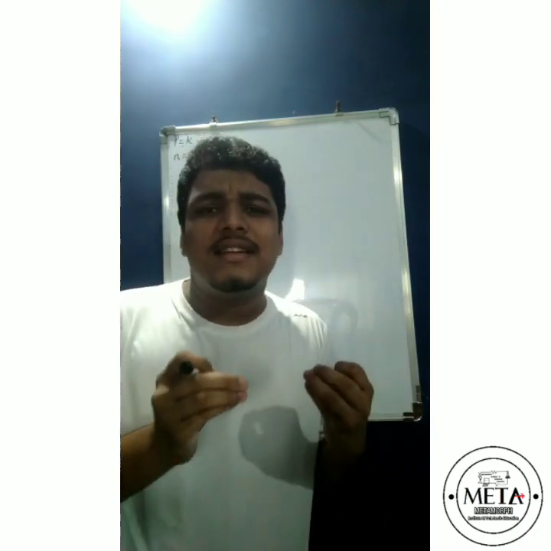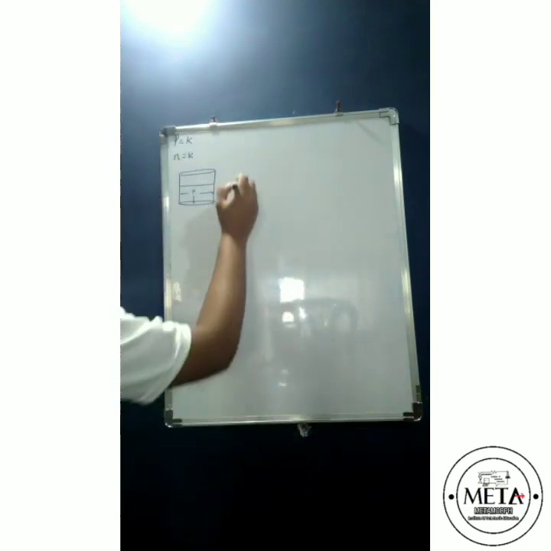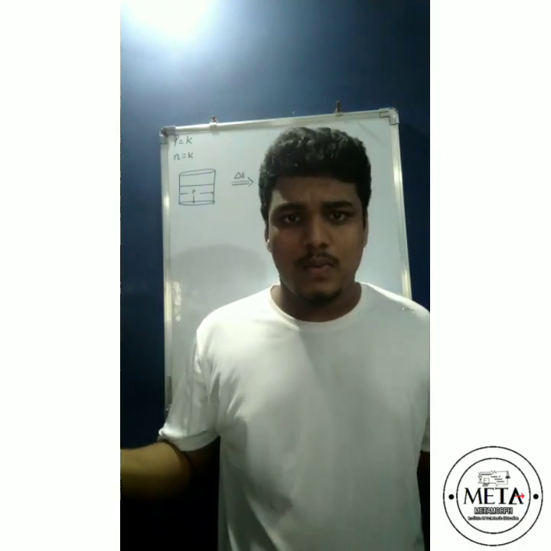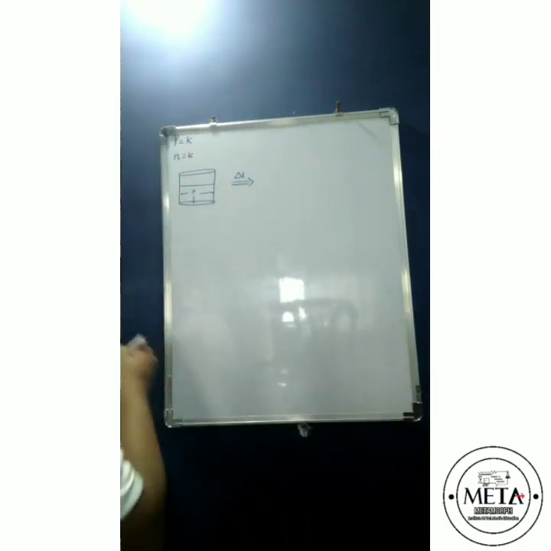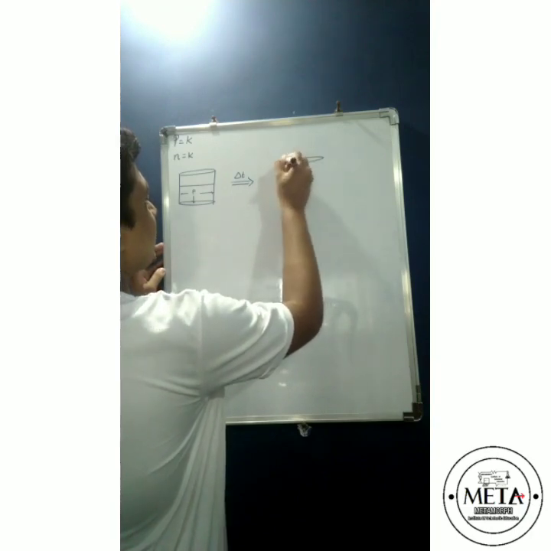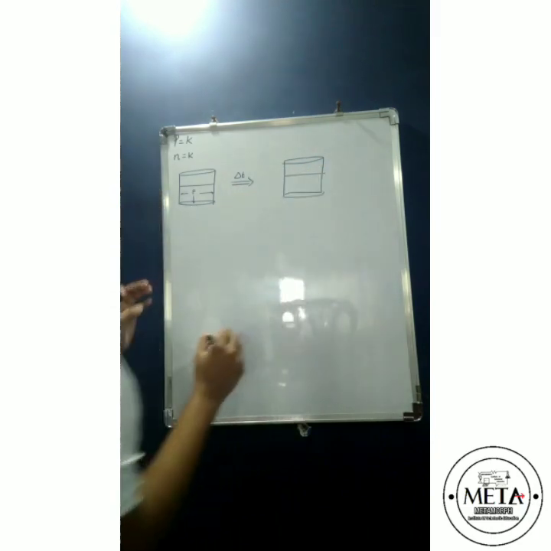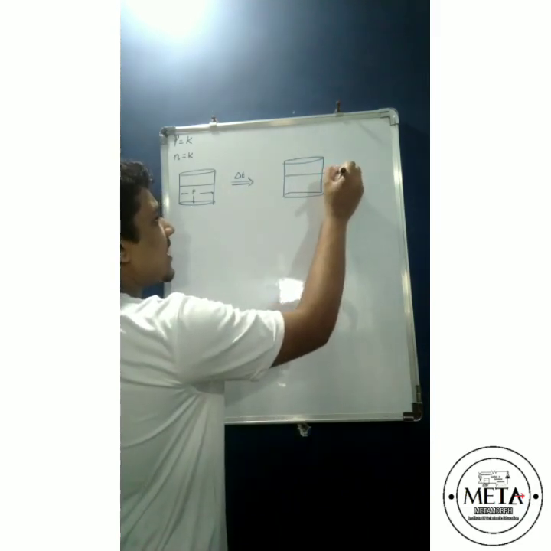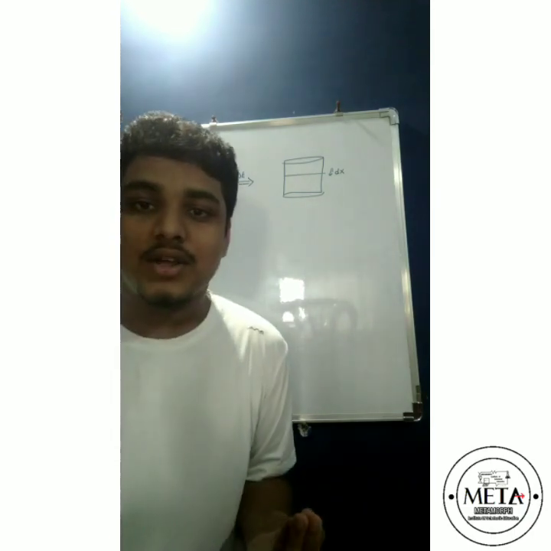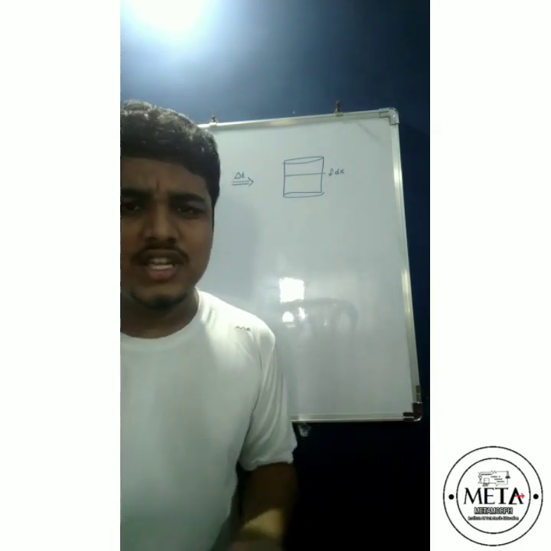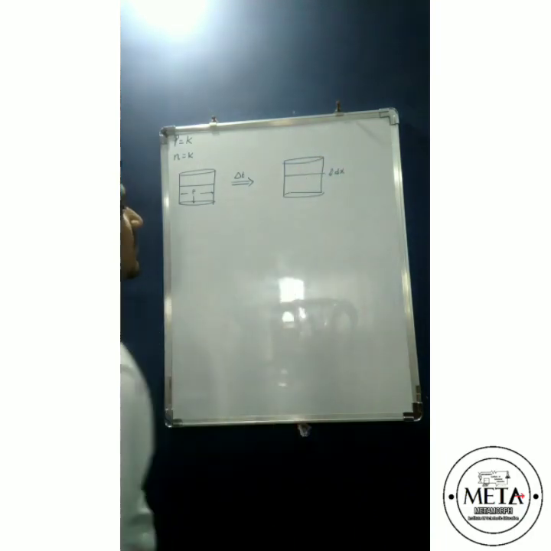Next, what he did was he increased the temperature by delta T. What is delta T? A very small, negligible amount. When he increased the temperature by delta T, he saw some kind of an expansion. Of course, when there's temperature, there's expansion, physics. When he saw the expansion, he saw that there was a rise in the level of the piston. In the same container, there was a rise in height of the piston by a very small amount, that is delta X. Of course, if there's a delta T increase, you can't expect a big increase in volume. You will expect a very small change in the volume. So there is a height difference of delta X.